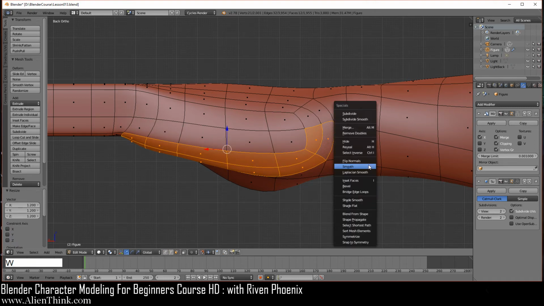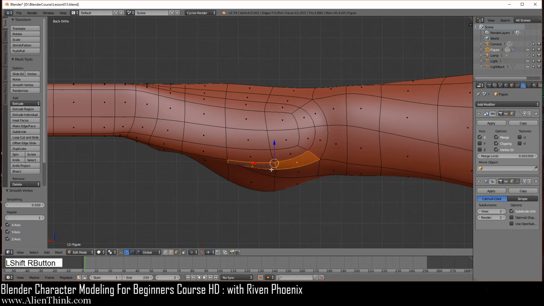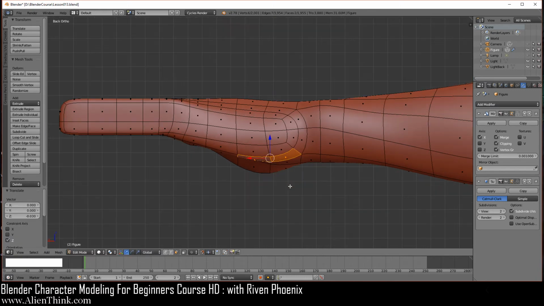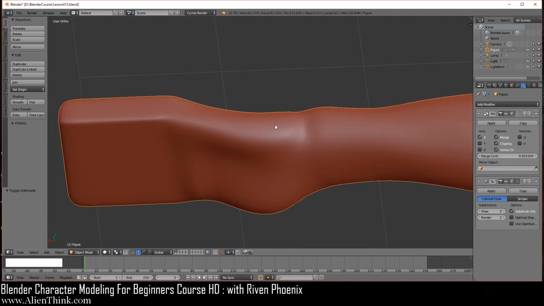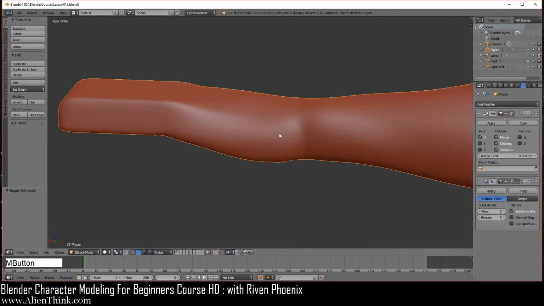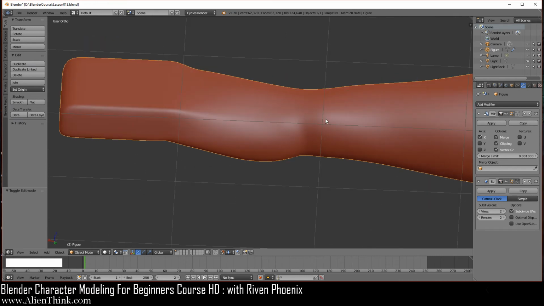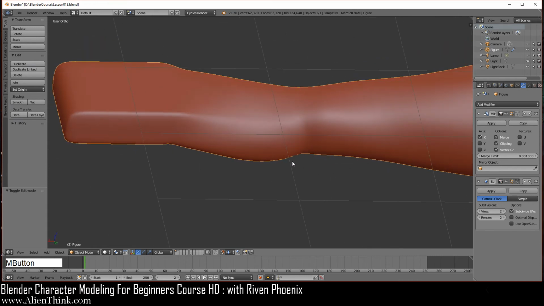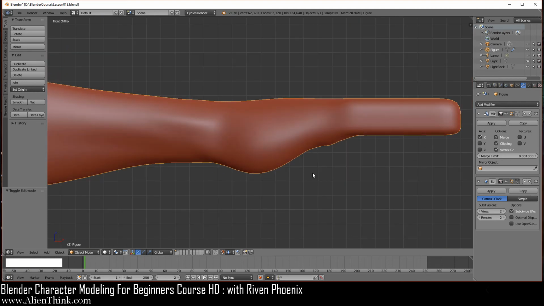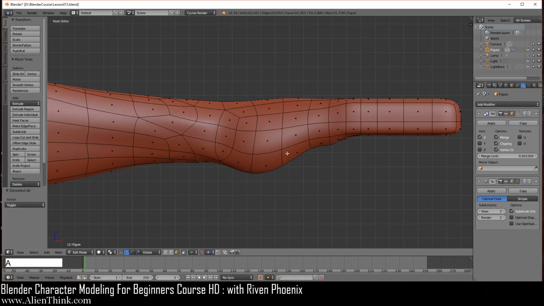Okay, and now do W smooth, 1 and then 2. Click on these two faces and bring it down, 1, 2, and then 3. Okay, now if you do tab, you can see that what we did is we're really just smoothing this out. It's because when you add an edge loop, it's going to create some artifacts. You can see that we're starting to get this definition of where the bone is going to be. Okay, so I'm going to go ahead and go to tab and A to deselect.